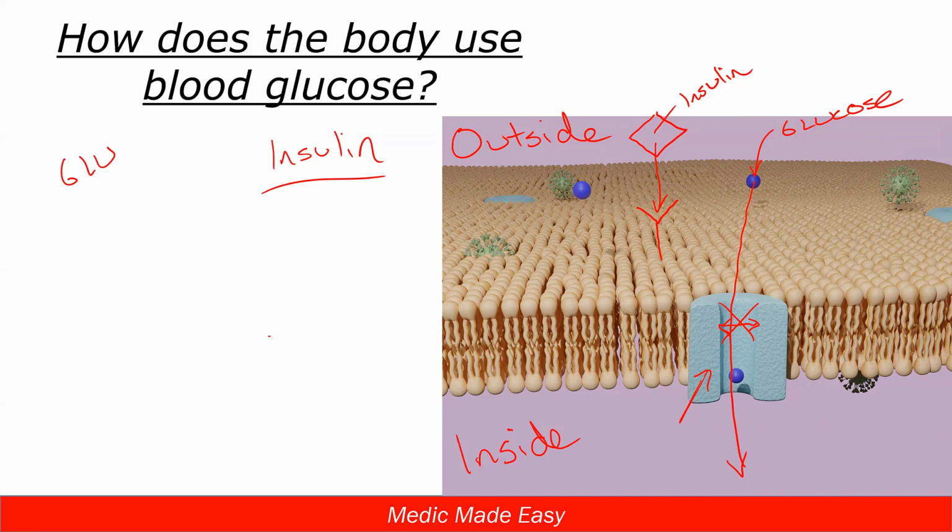Same thing with cells if they're deprived of oxygen. Right? Without that oxygen, they can't make enough energy, or at least not enough energy long enough, and that cell will eventually start to die. And so it's the same with sugar. That's why our body is so sensitive to these sugar imbalances, these blood sugar problems. So again, one last time, insulin is the key. It opens the door in the membrane and allows that sugar, that glucose, to actually move inside. Without that insulin, sugar is stuck outside the cell, and that cell is going to start to die. It's not going to be able to make enough energy to stay alive.